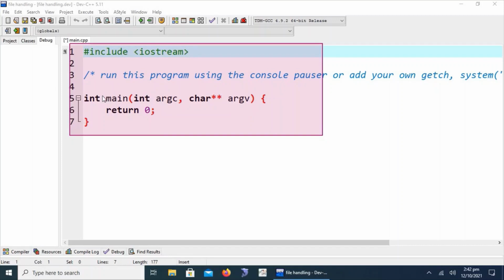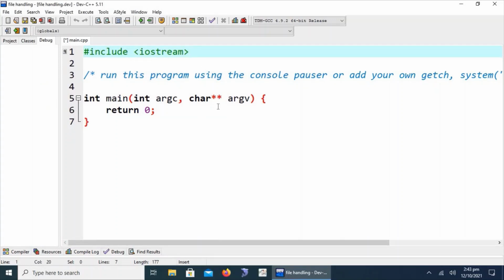These are the default lines that are a mandatory component of each and every C++ program, which include the preprocessor directive, the main function, and C++ valid statements terminated by a semicolon. We have discussed it many times before in different lectures.